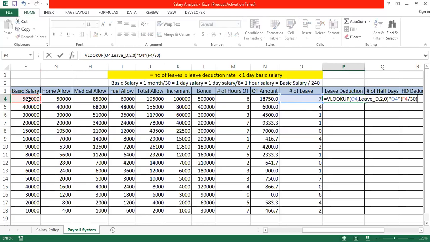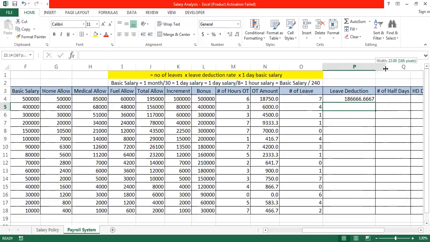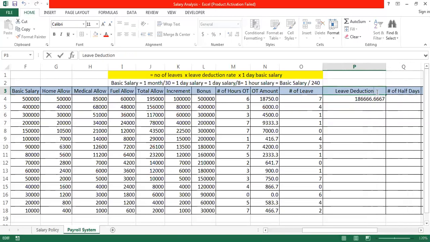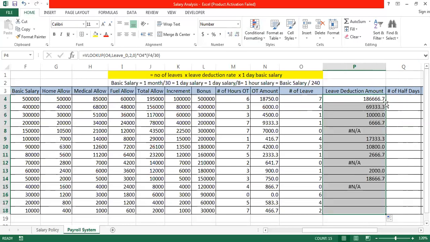So here I have my leave deduction amount. I'm going to set it in 1 decimal place, and then I'm going to apply it for the remaining. So where I have a 0, similarly by using the if error formula, I can replace this issue,